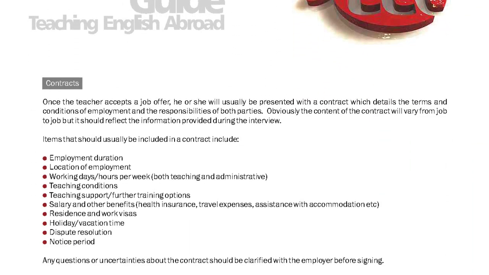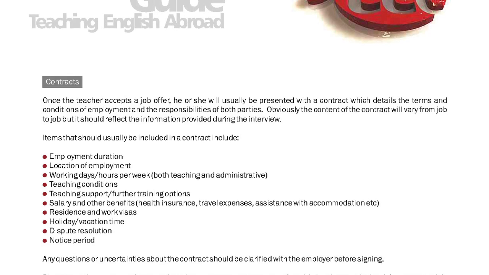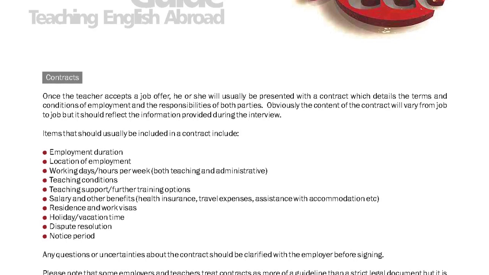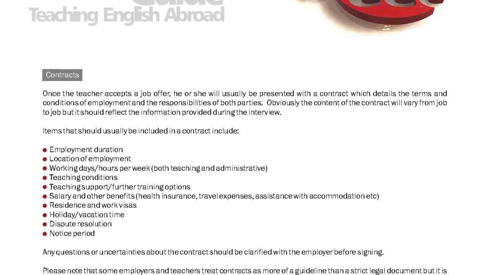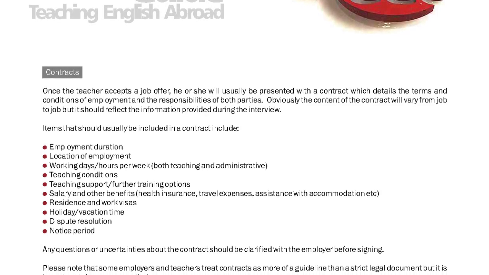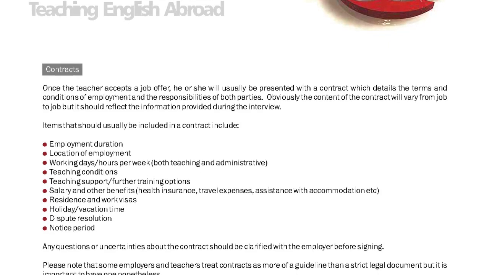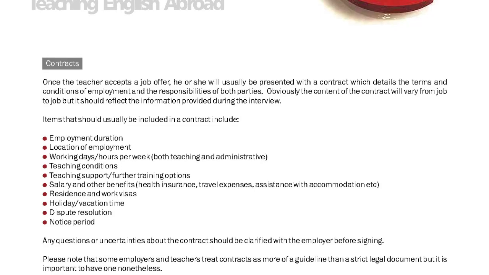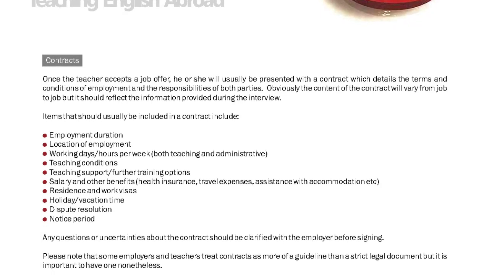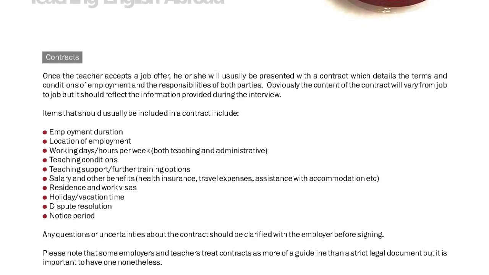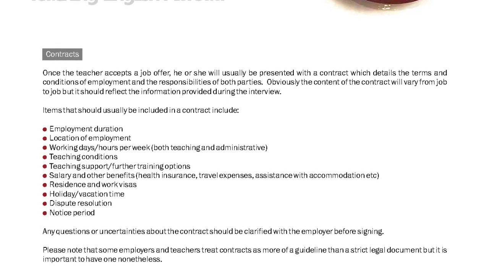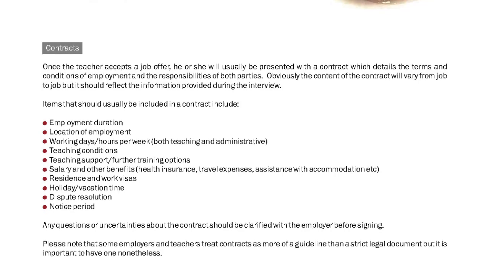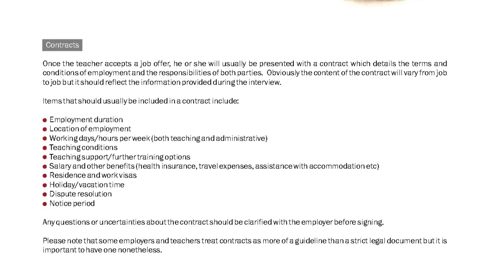Contracts. Once the teacher accepts a job offer, he or she will usually be presented with a contract which details the terms and conditions of employment and the responsibilities of both parties. Obviously, the content of the contract will vary from job to job, but it should reflect the information provided during the interview. Items that should usually be included in a contract include employment duration, location of employment, working days, hours